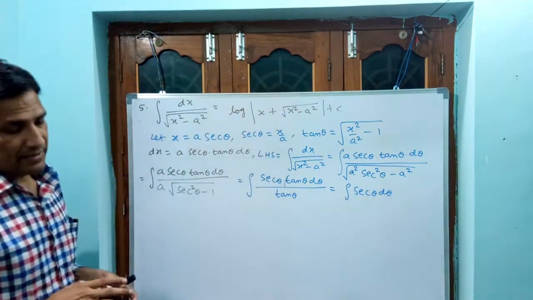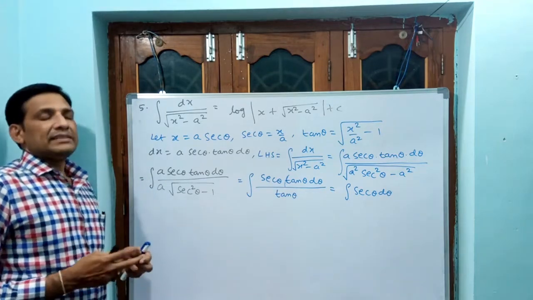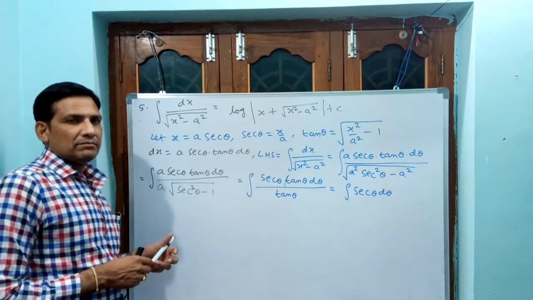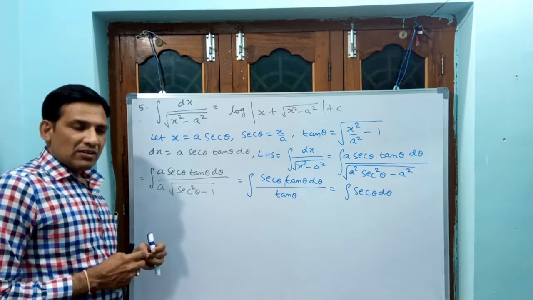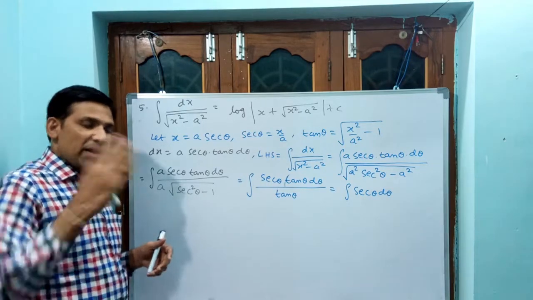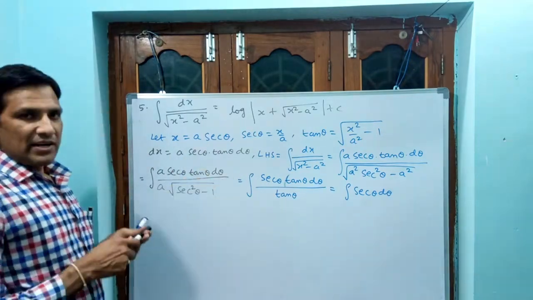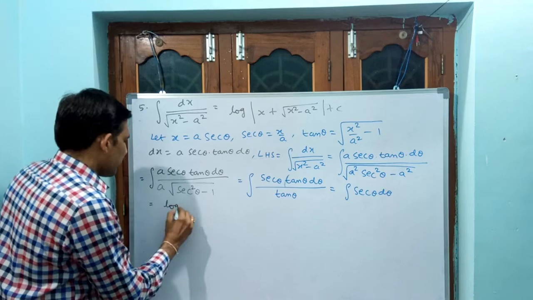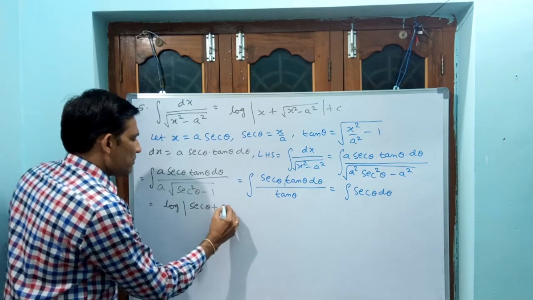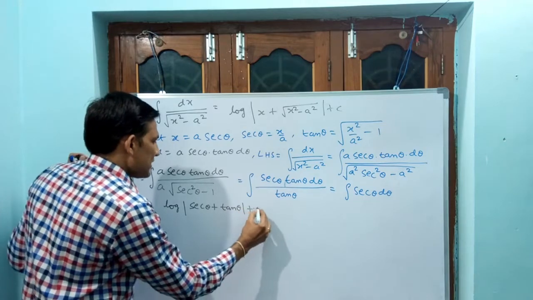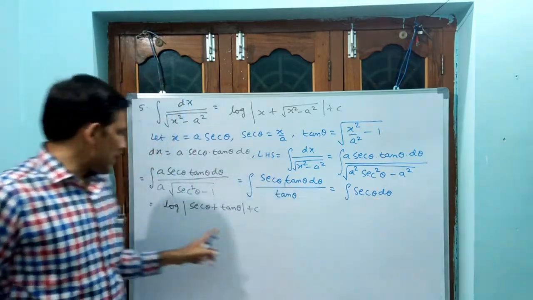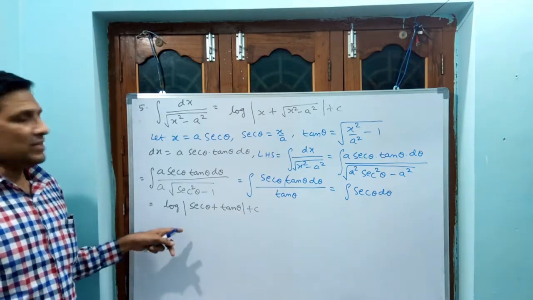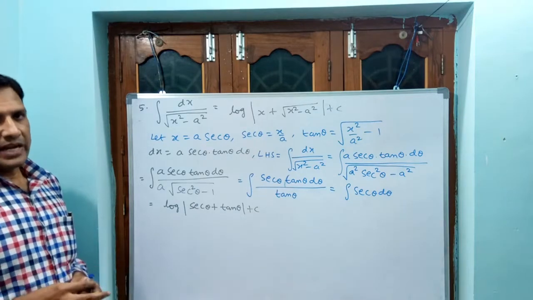Now you stop and analyze it. Analyze. What is integral secant theta d theta? What was the integral of tan theta? Log cos theta, log secant theta, or minus log cos theta. That is tan. But secant is not that. You see what I am writing. That is equal to integral secant theta d theta, which means log of secant theta plus tan theta plus c. Integral secant theta d theta value is this one. Log of secant theta plus tan theta. See, log means modulus only will come. Why? Because see, negative numbers you should not give. Greater than 0 only you have to give.